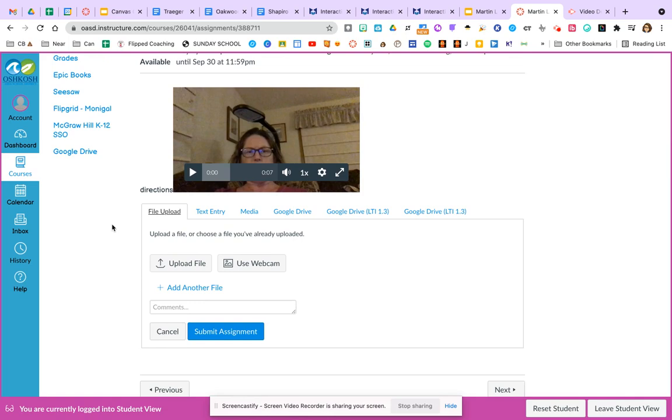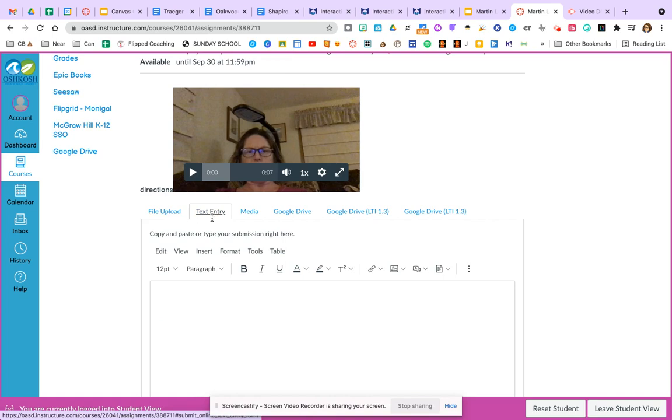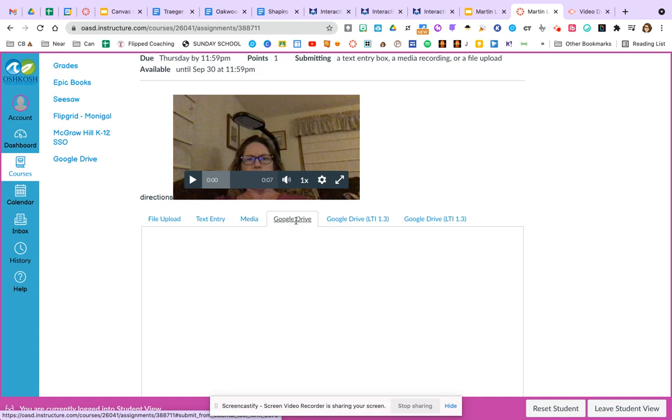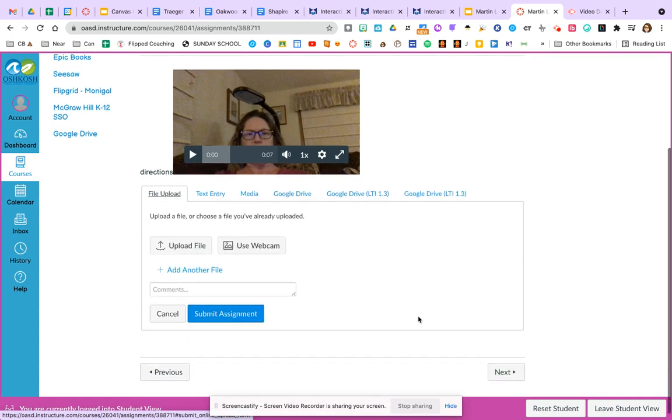Now, keep in mind, I chose 3 different things. I chose file upload. There's where they can upload a file. I chose a text entry, and I chose media recorder. That's a lot if you're talking about littles. But for your older kids, they have an option that they can upload or they can pull right from their Google Drive if they have created something. Now, I can't use this tool when I'm pretending to be a student, but this gives them lots of options